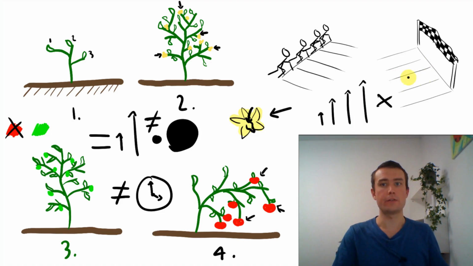They're not ripe. In the fourth drawing, the tomatoes are red, not green, and they've finished growing. They're ripe